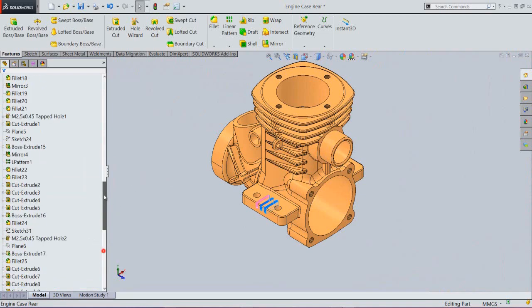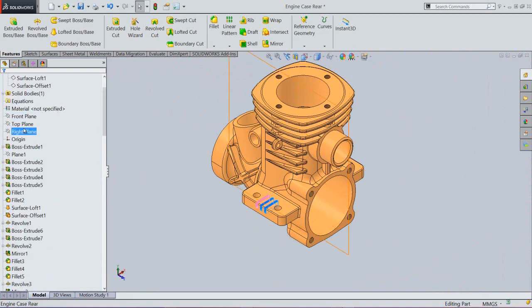Now we will mirror these features over the opposite side of the model.